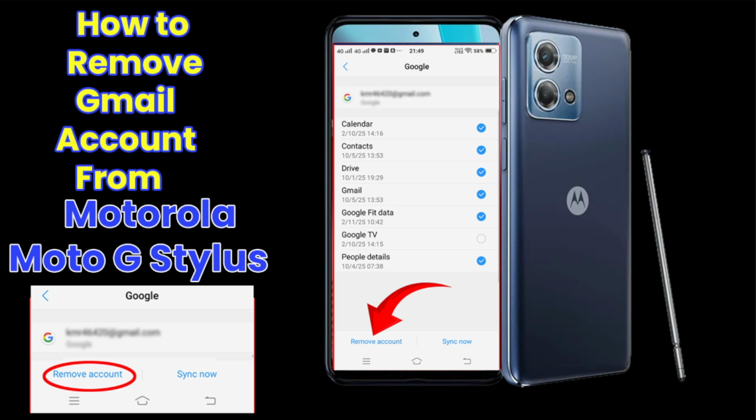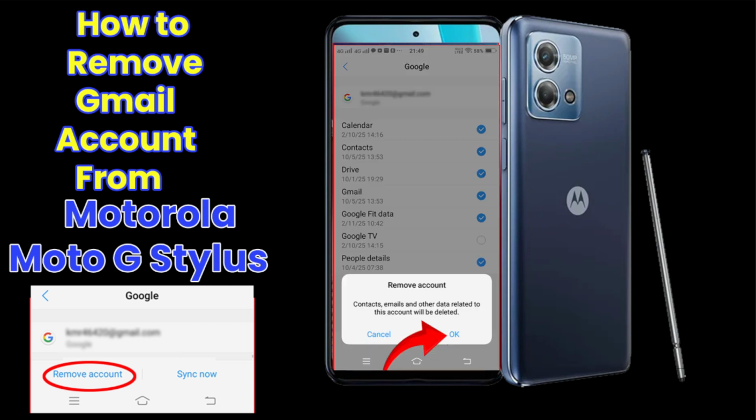Here at the bottom of the screen you can see an option of remove account. Okay, when you tap on remove account, a pop-up window will open on your screen just like that. Here when you tap on the OK button, you can see the Gmail account from your Motorola Android mobile phone has been removed. Okay, so that's all in this